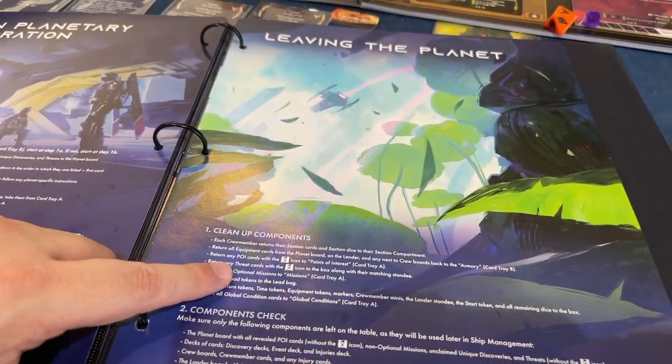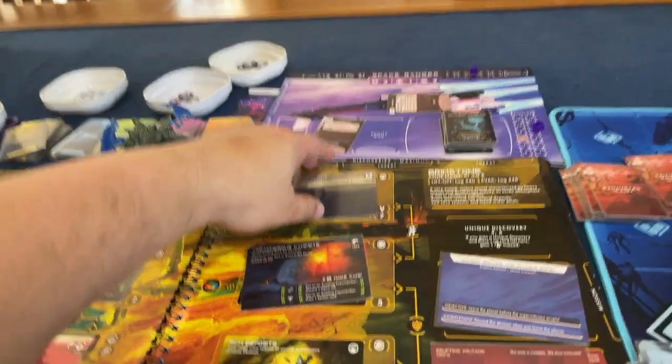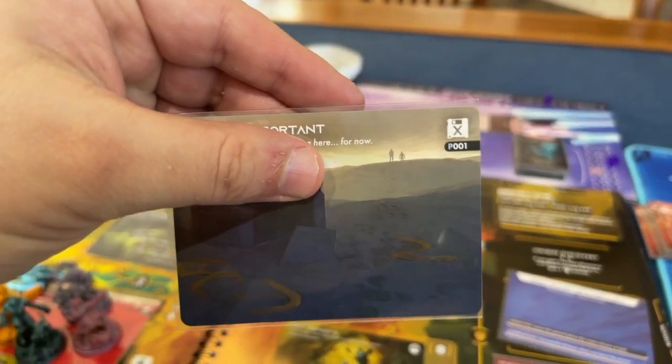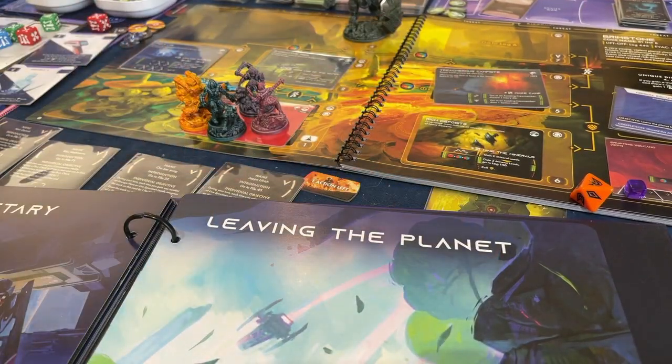Return POI cards with the X. So that's this one right here. So P001 is getting returned, but everything else stays. And for now, I'm going to leave it there because I don't think...